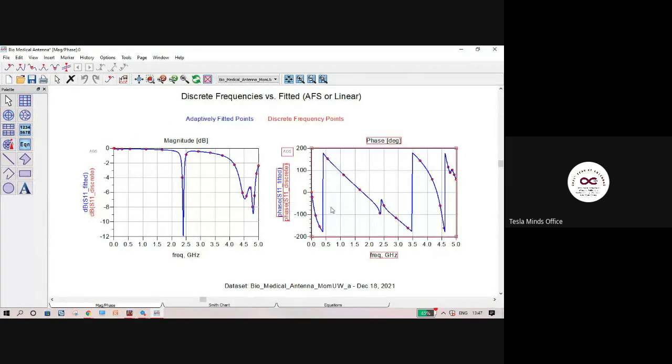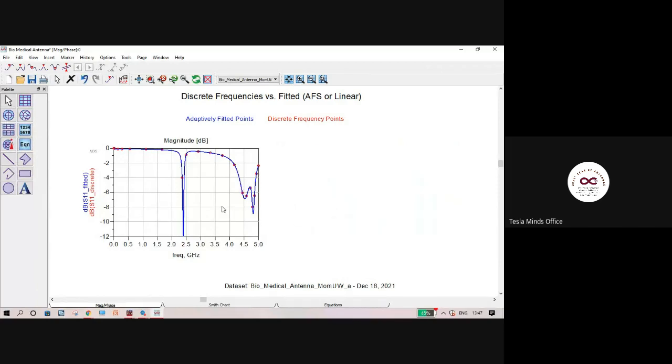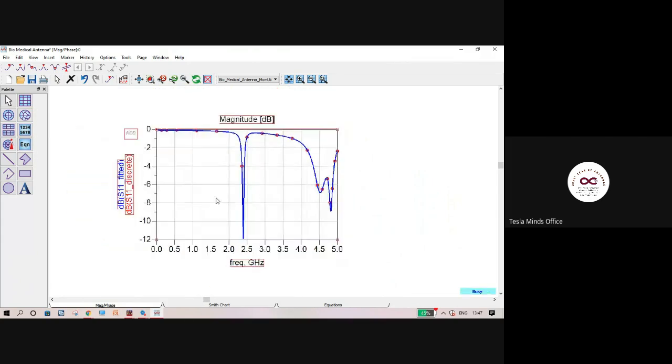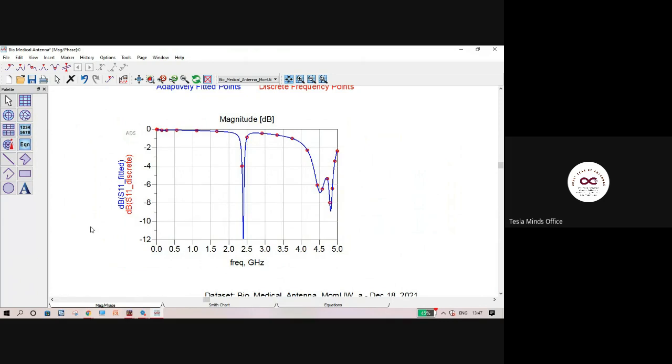We'll get to the graph. This is not needed as of now. We'll get to one graph which is called the return loss graph. This is that graph. In this graph, we can understand two things. One thing is whether impedance match has happened perfectly or not, and the other thing is what is the bandwidth of our antenna.